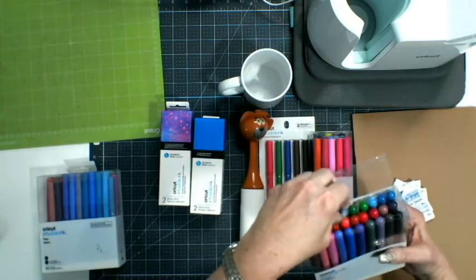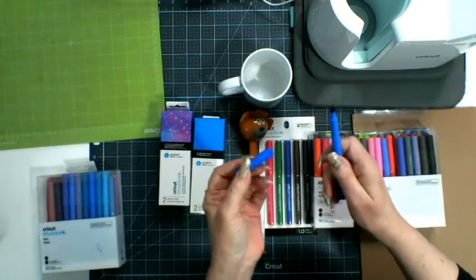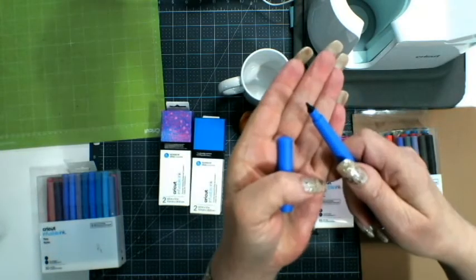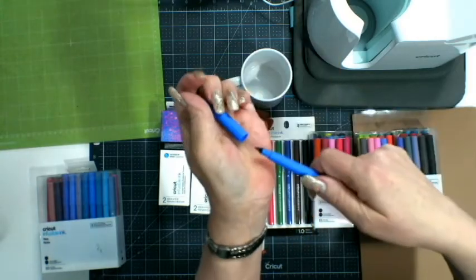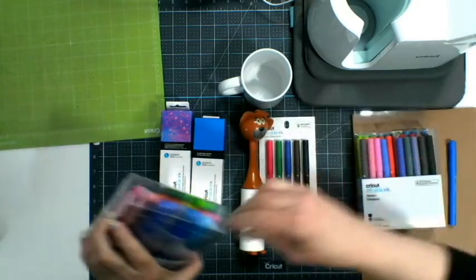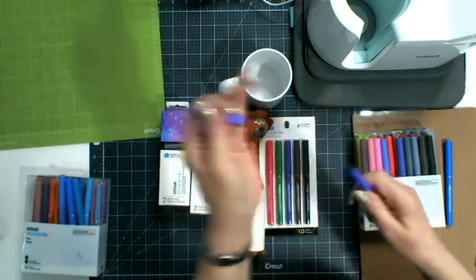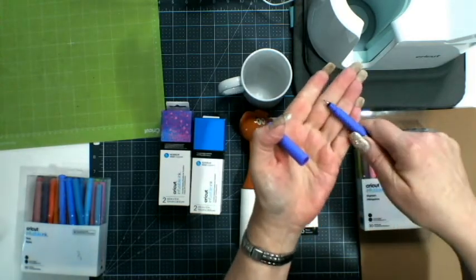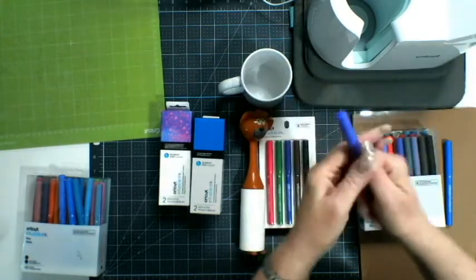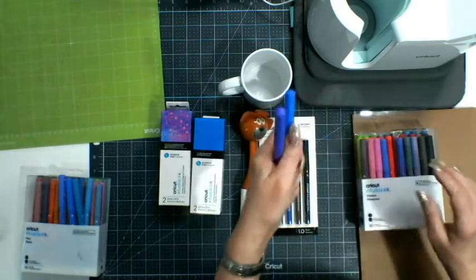So you would just basically draw onto your copy paper. So there we have a marker, if you can see that there. The marker is a lot thicker than your pen, and I'll show you the pen size here. I have one here that I've opened earlier. And the pen size, as you can see, is very fine. The pen is what you would use around the edge of your design and then perhaps colour it with your marker. Okay, so